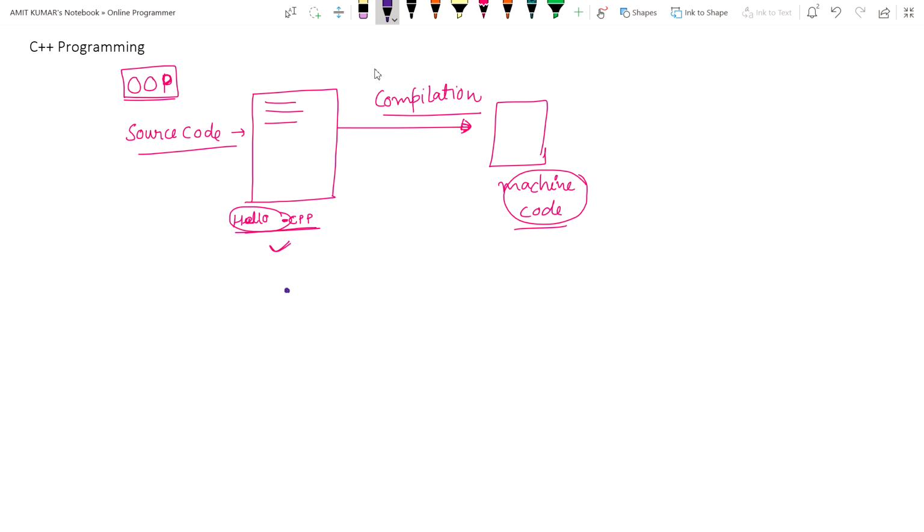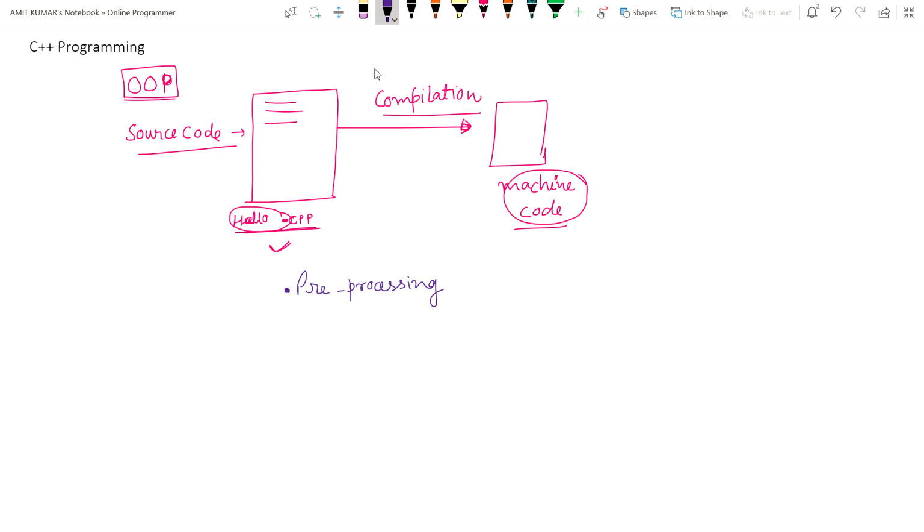Suppose you have written a program to print something on a screen, and you want this program to run on a machine. There will be multiple steps involved in between. The first step will be pre-processing. What does this step do?